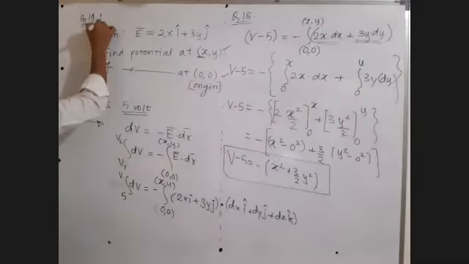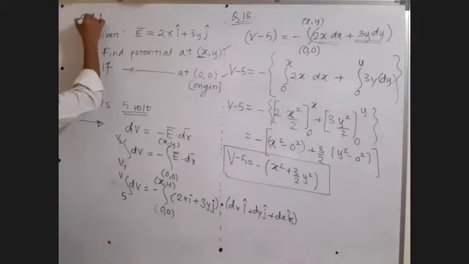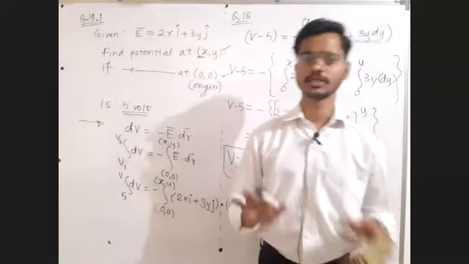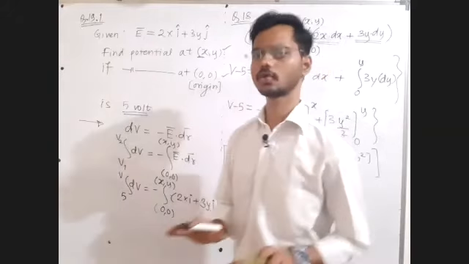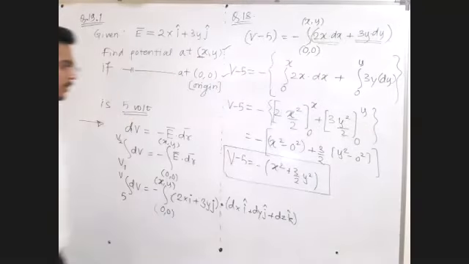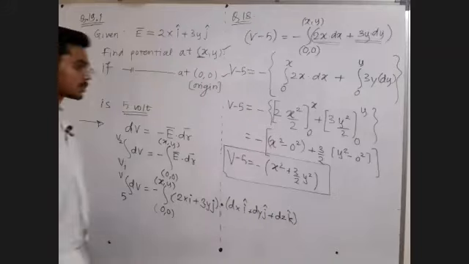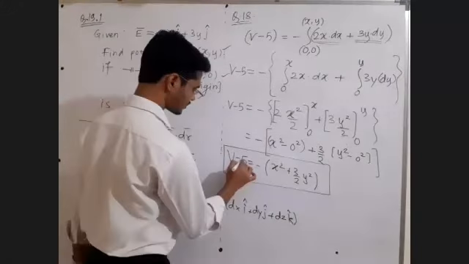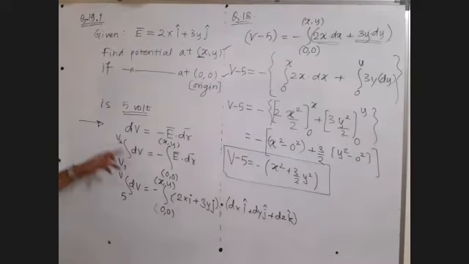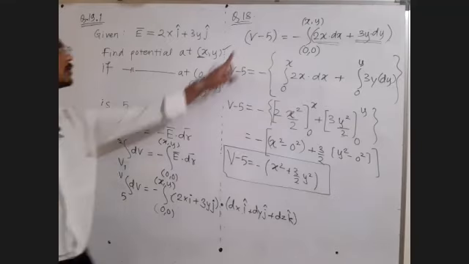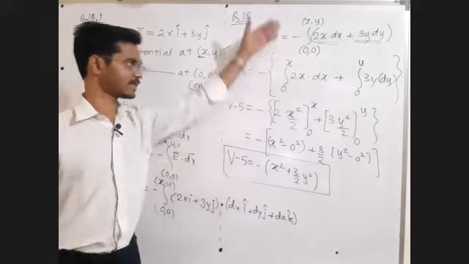Question 19.1, make it question 19.1. I took potential at origin as 0 and now I am taking potential at origin as 5 volt because those two cases should not be confused. Sir, if 0 is the special case, then such a question would have come. Let's take 0 first, deal with 0, dealing with other numbers is quite simple. So final potential, initial potential, upper limit minus lower limit, V minus 5. Right hand side same, no change.